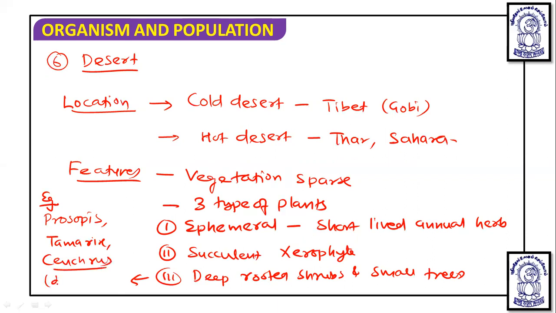The sancrus is desert grass. Okay, so this biome is particularly found. If there is some information, some features or locations you will not remember, then it's okay. Just remember the cold location of the desert and the grassland. Otherwise, other locations are not necessary. But features you should remember in this biome part.